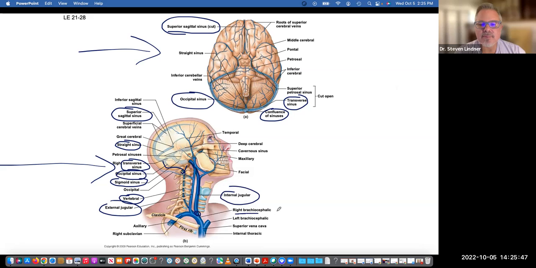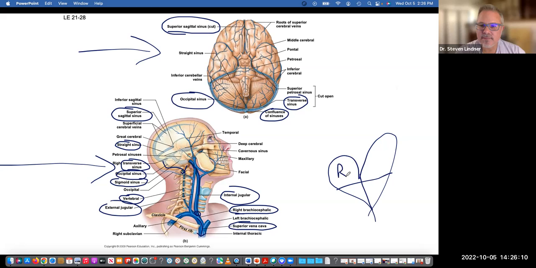So that's the right brachiocephalic vein. The right brachiocephalic vein is going to bring blood down this way, and that is into the superior vena cava, right? So if here's the heart, here are the chambers,